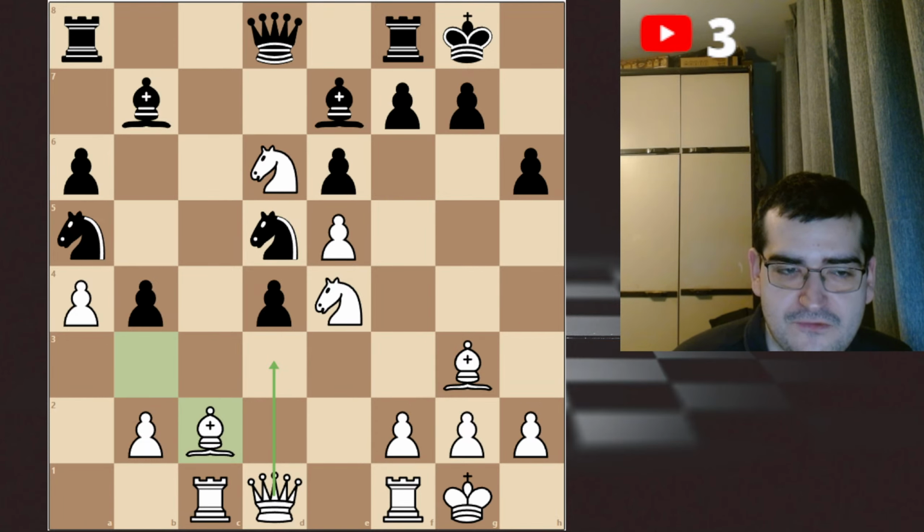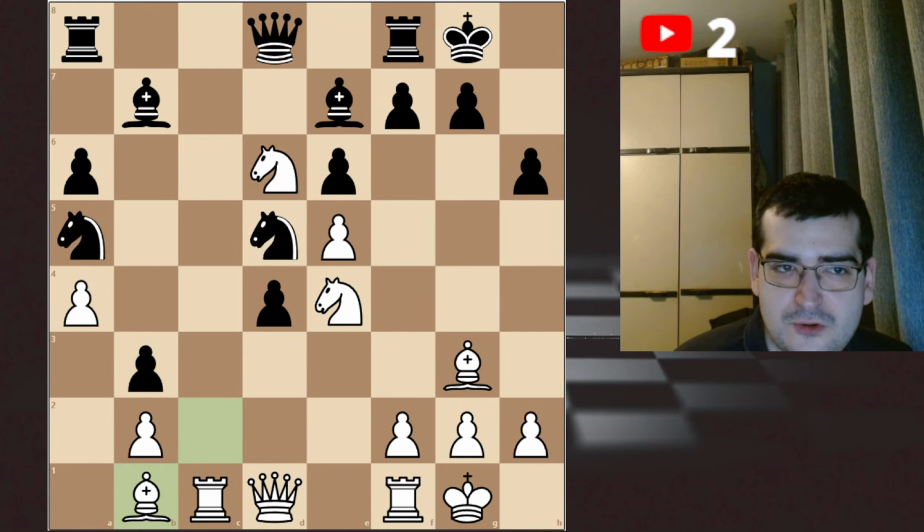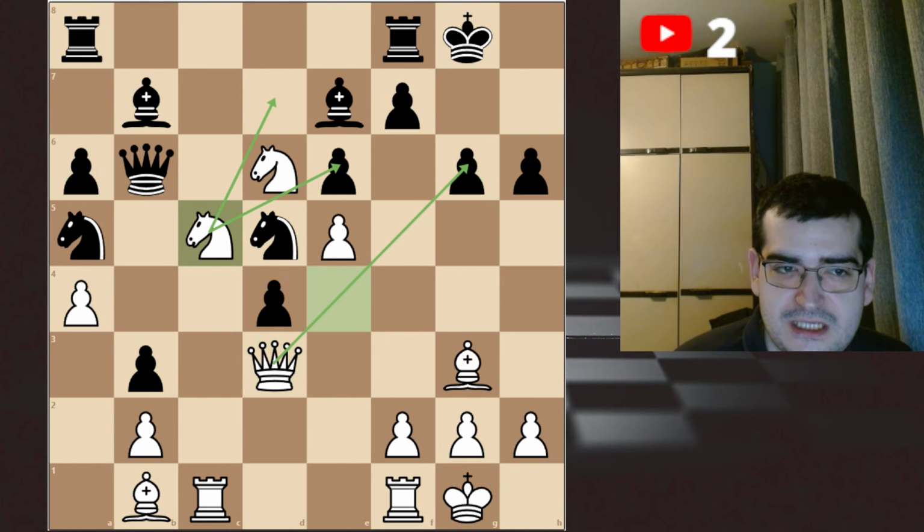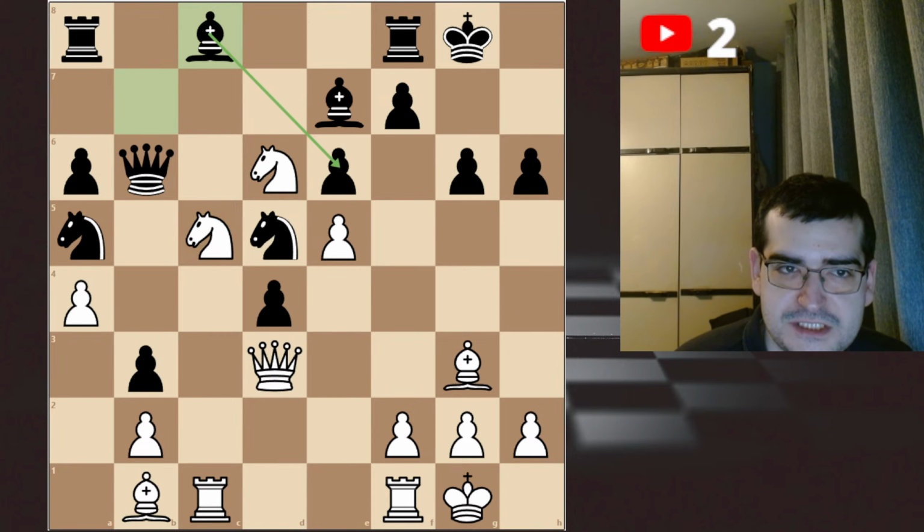This is a much better move. Bishop preparing queen to d3 with the queen with the kingside attack. We have b3, bishop b1, queen b6 here, queen d3. We have g6 to stop this, and we have a knight to c5. Wow, with so many threats here on the board. One of the threats is knight to d2, another is to take this pawn on e6, and this is already crumbling. Bishop c8,